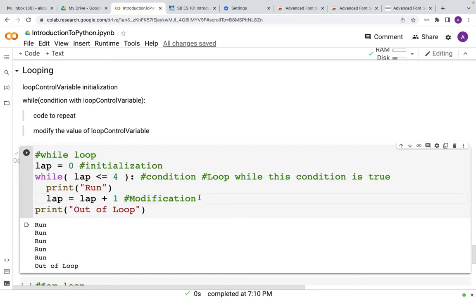So now let us try to understand what is happening. How many "run" will be printed and how you can calculate it. The lap value is initialized to 0.